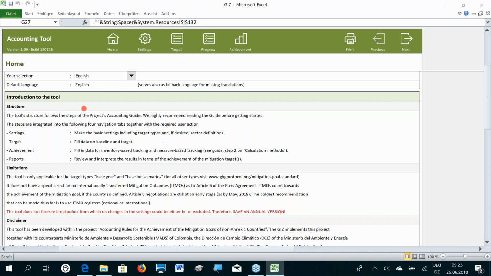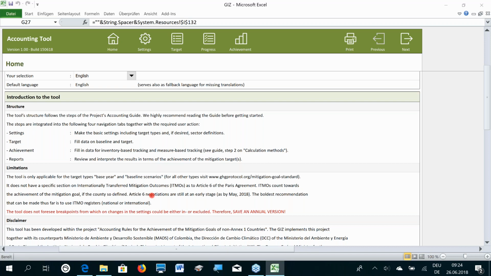And the structure is also repeated here, where you have a short instruction of the required user action, the data you have to fill, and just below there are also these limitations I've just explained, and there's actually one additional limitation,